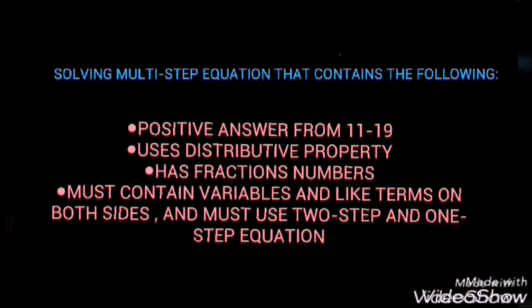Today I'm going to teach you how to solve a multi-step equation that contains the following: a positive answer from 11 to 19, uses the distributive property, has fraction numbers, must contain variables and like terms on both sides, and must use two-step and one-step equations. So the example I'm going to provide is